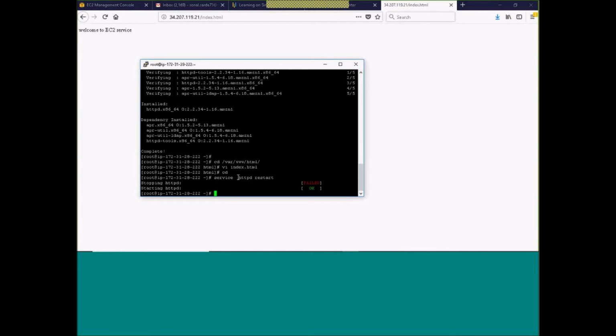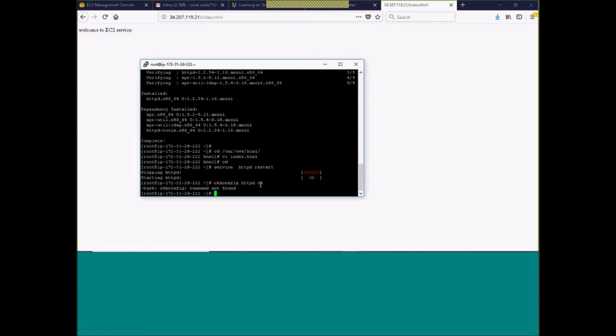As I turn on my instance, it should automatically activate the service. Otherwise, if I just use a normal service command, it will be only active for this particular session. As I terminate, it will get stopped again.